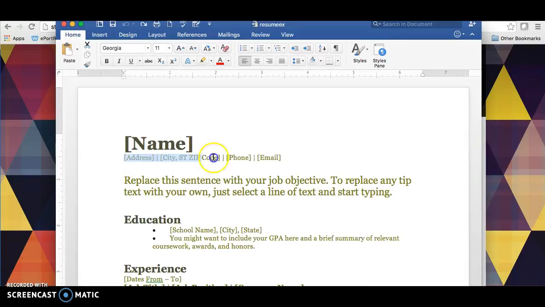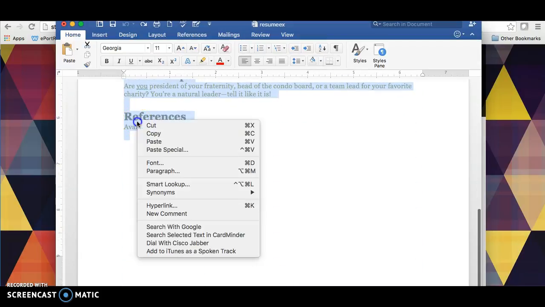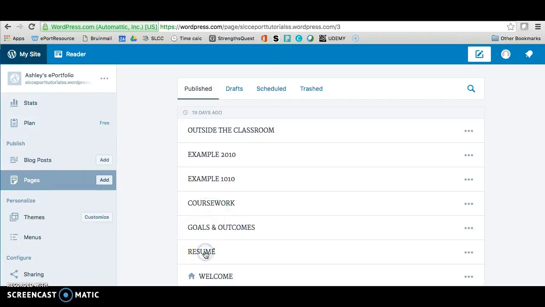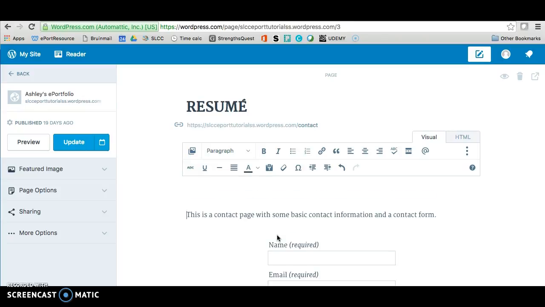Get rid of your address and phone number, then highlight all of the text and copy. Go to your WordPress, go to Pages, then Resume, and if your resume page looks like mine, you will already have a contact form on there. All you need to do is just move it down